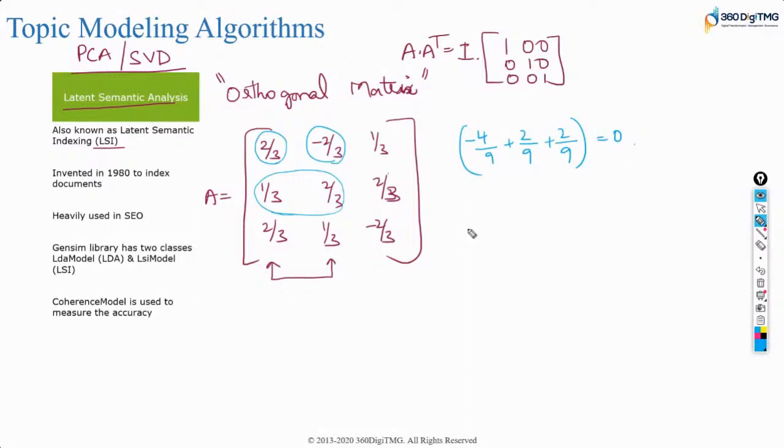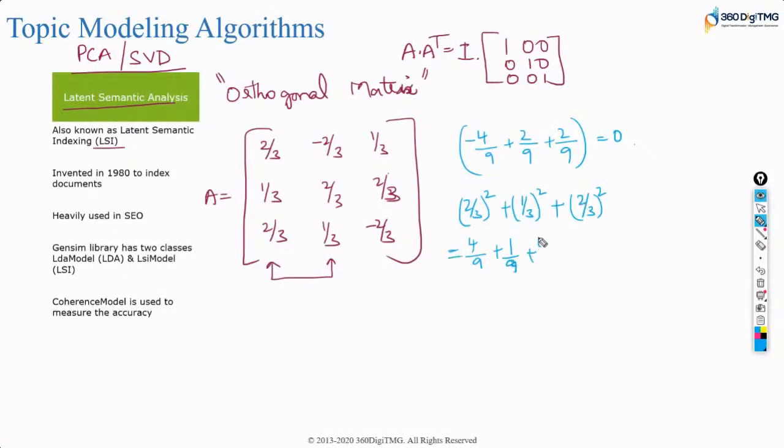And then if you take a single column, if you square and sum them, it should be equivalent to 1. These are the properties of orthogonal matrix. So if you take all these values, 2 by 3 whole square plus 1 by 3 whole square plus 2 by 3 whole square, how would you write that? 4 by 9 plus 1 by 9 plus 4 by 9.